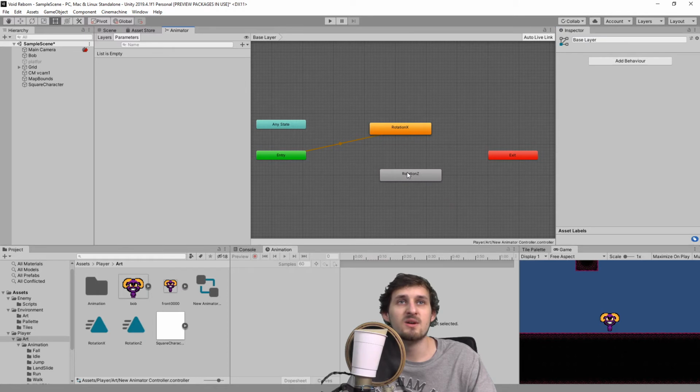So now I have my two states back. As you can see on the left in the animator, there are parameters. Those are basically some values that can control our transition between animations. We can create a parameter by clicking the plus sign and choosing which parameter we want. I can create a bool parameter and I'm gonna call it